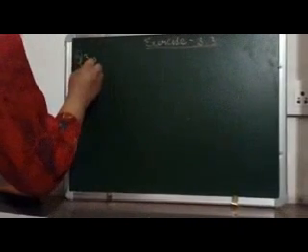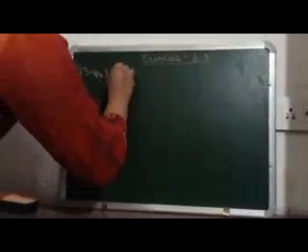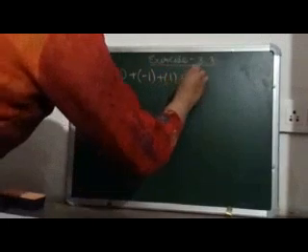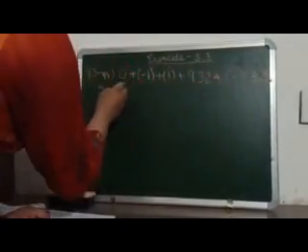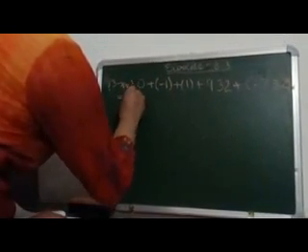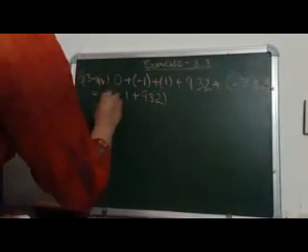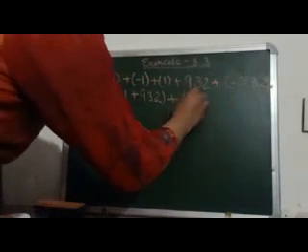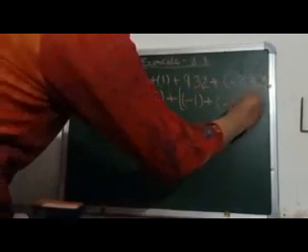Just take its fourth part. 0 plus of minus 1 plus 1 plus 932 plus minus 332. Do the ordering of the integers with same sign. So that means 0 plus 1 plus 932. We have grouped the integers with same sign, plus now the integers with negative sign. Minus 1 plus minus 332.